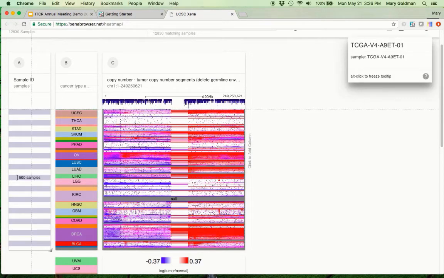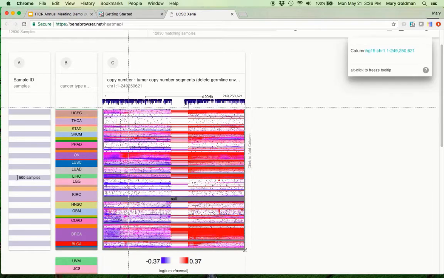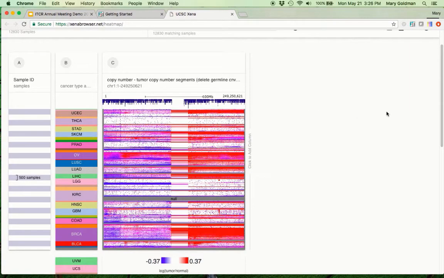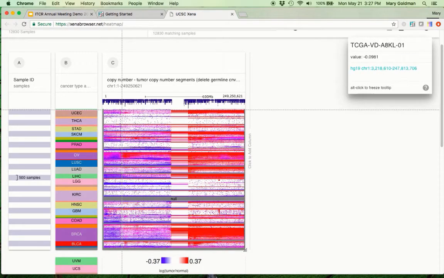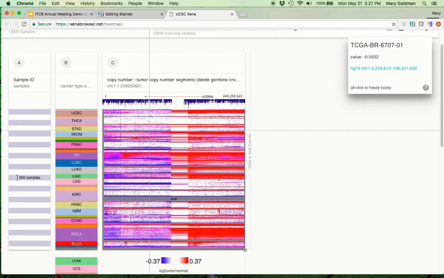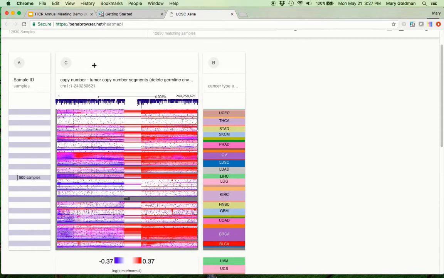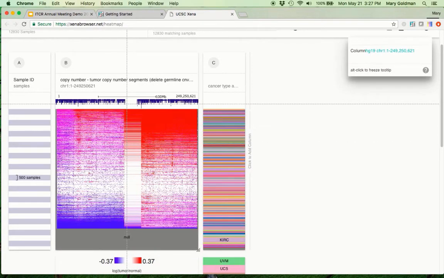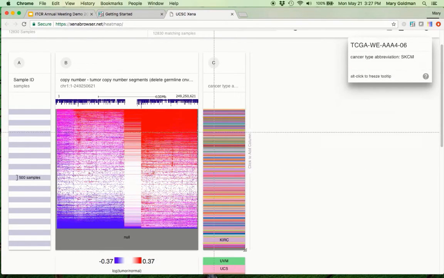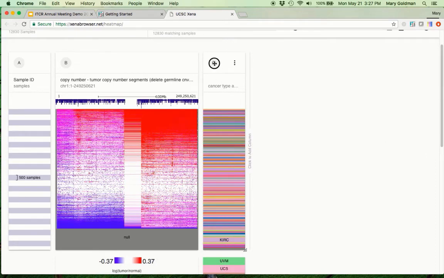One row is one sample across all of the columns on the screen and all of the future columns that we're going to be adding. Data is sorted by the first column. In this case, it's being sorted by cancer type, and then subsorted on the column thereafter, in this case, the average copy number variation. We can see that sort order if we move the copy number variation to the front, and now the data is sorted by the average copy number variation for chromosome 1 and then subsorted on cancer type. Moving the column back,